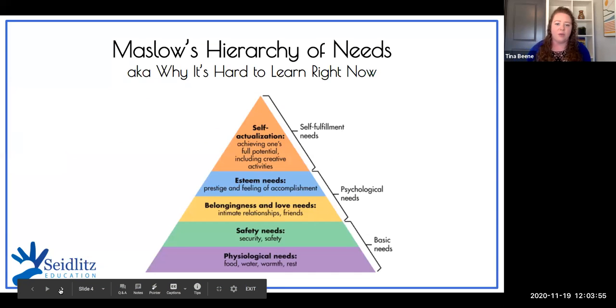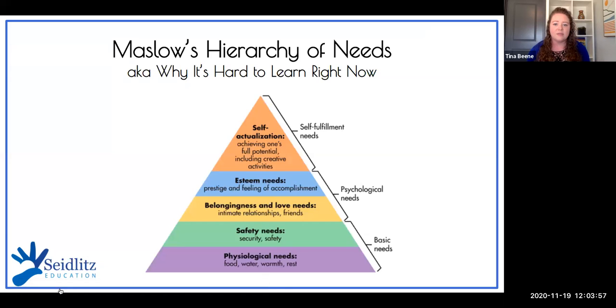Every session that I'm doing, whether it's a training for sidelets or this, anytime I get a chance to talk to other adults, I am putting up Maslow's hierarchy of needs. I'm probably going to print this out and take it to the grocery store and show it to the clerk and be like, listen, I'm not going to tell you about my views on masks because everybody who comes through here does. But here's what you need to know. It's really hard to do your job. It's really hard to do our job right now.